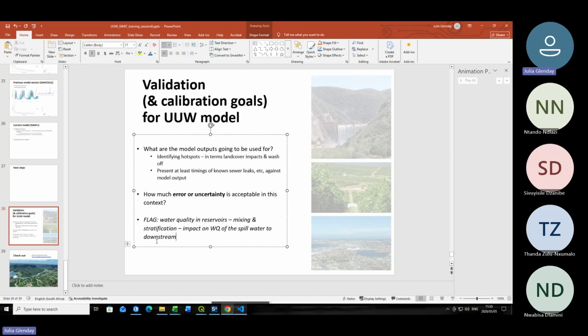I think what to think about is also how to use it to look at what kinds of scenarios you might want to look at using the model in terms of changing any management operations or point source inputs. If you think looking at land cover changes is something that you want to do with this model,